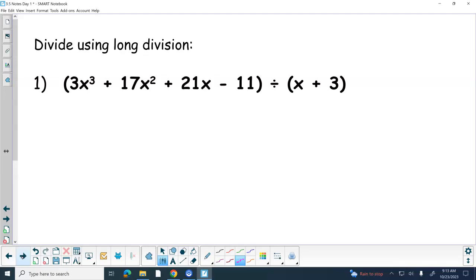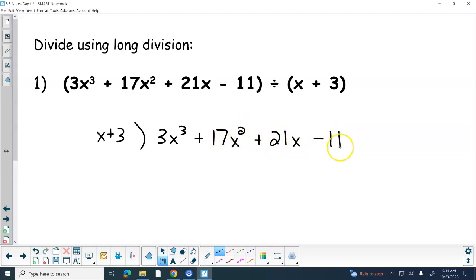So, how did we start that last straight up numbers problem? We took what was after the divide sign, right? And that goes out in front. Then, what's in front of the divide sign goes inside, right? Okay? Now,